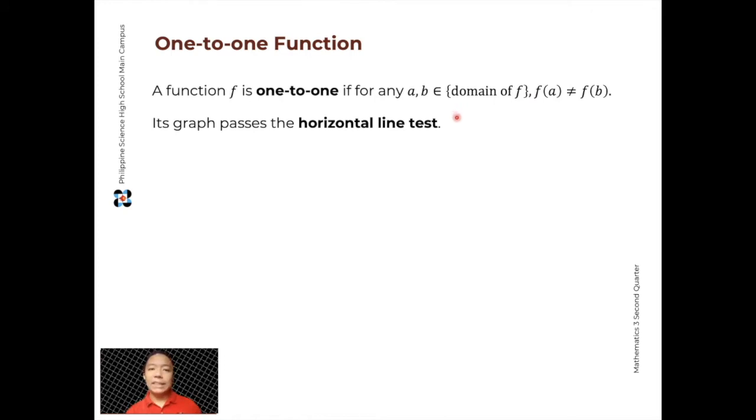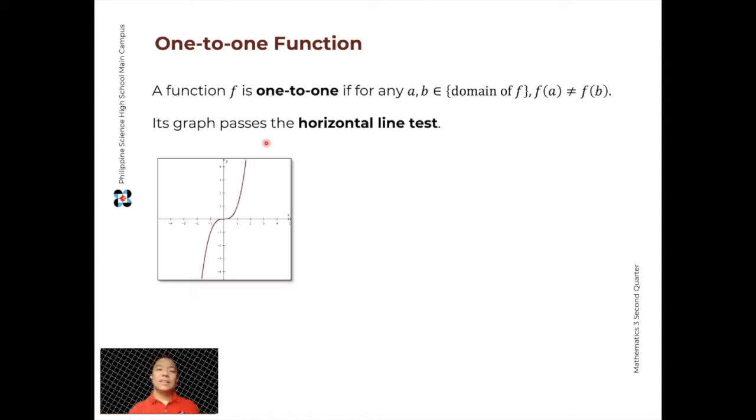Visually or graphically, ang description natin sa isang one-to-one function ay pumapasa ng horizontal line test. So, similar sa vertical line test natin for functions na kahit saan ako mag-draw ng vertical line, dapat isang point lang at most, kasi pwedeng wala. Isang point lang at most dun sa function ko yung tatamaan. Yung horizontal line test, kung ipapasa rin niya yung horizontal line test na kahit anong horizontal line ang i-drawing ko, ay maximum of 1 point lang in the function yung tatamaan, then it is a